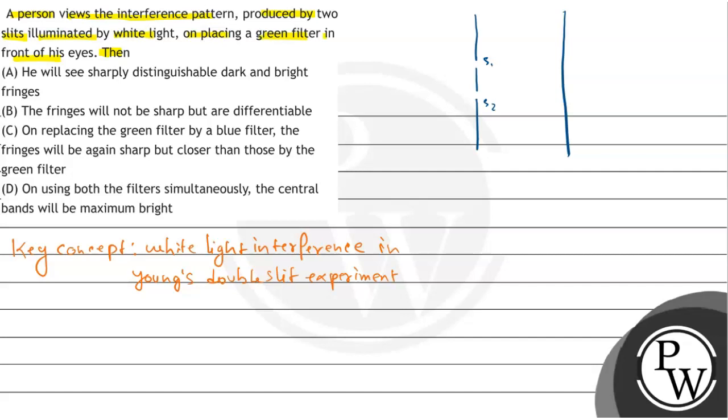So if we take a white light source, so this is a white light source,